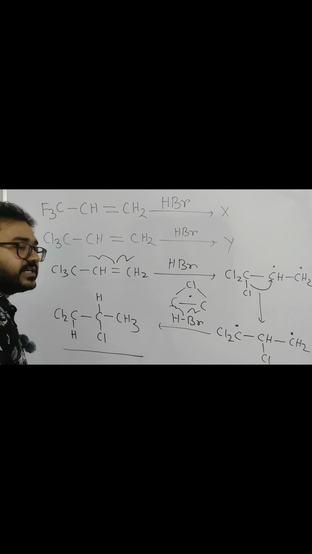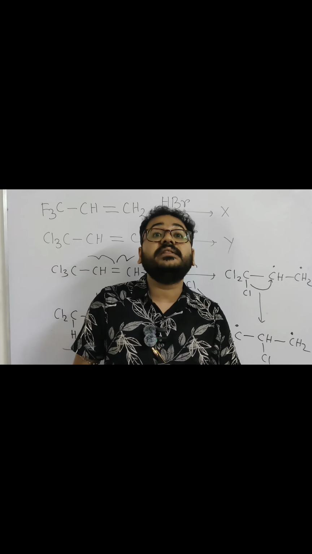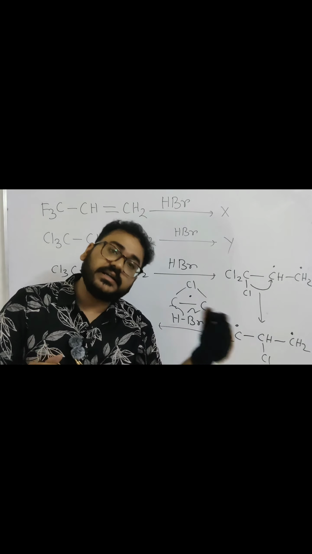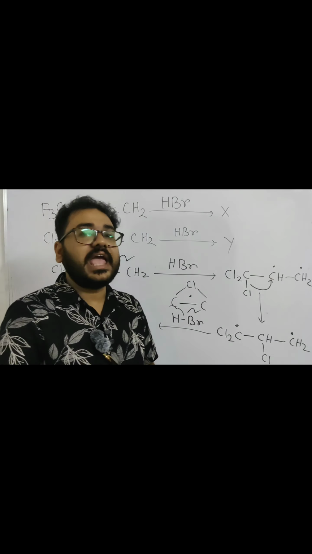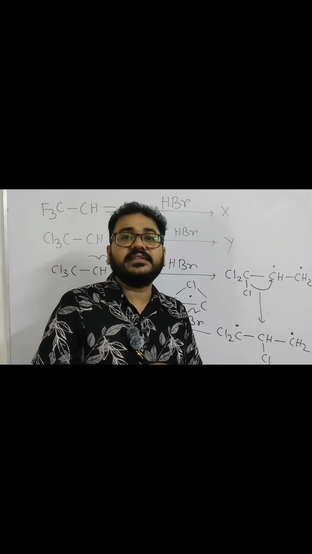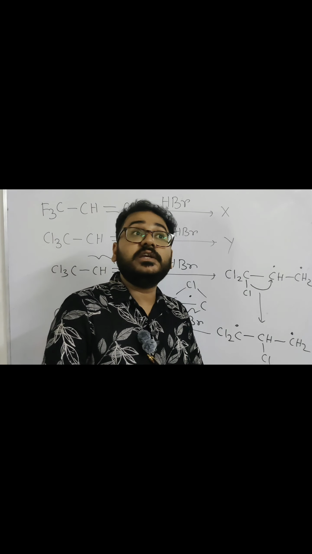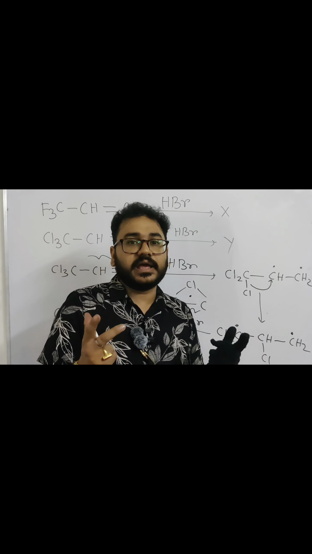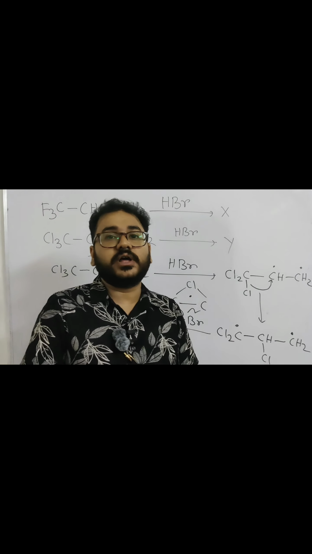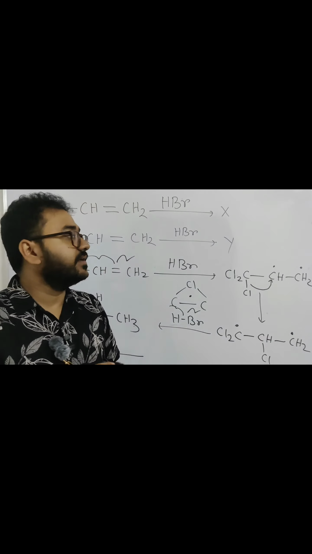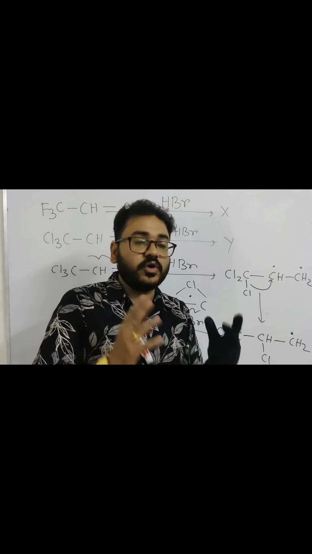I hope you understand the mechanism. Why is the radical mechanism possible in the case of chlorine but not in the case of fluorine? First of all, due to the availability of 3d orbital, and second, the bulkier, larger size than fluorine. And obviously the electronegativity of fluorine is also affected in this case. That's why we will get different products in both cases. The previous one is X, this one is Y. I hope you understand the concept.